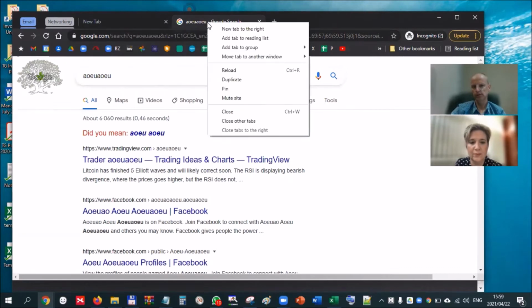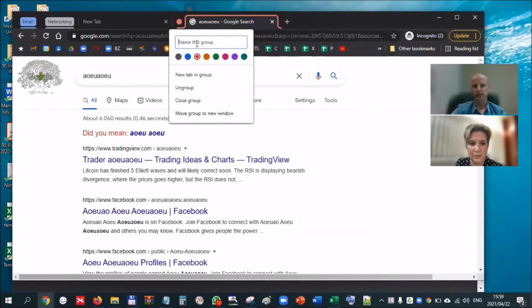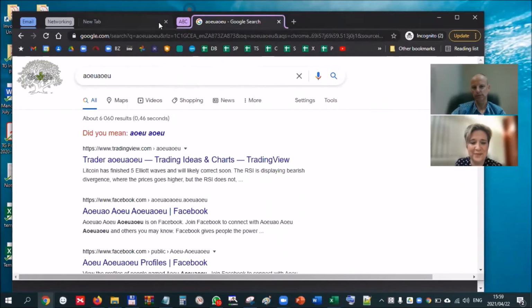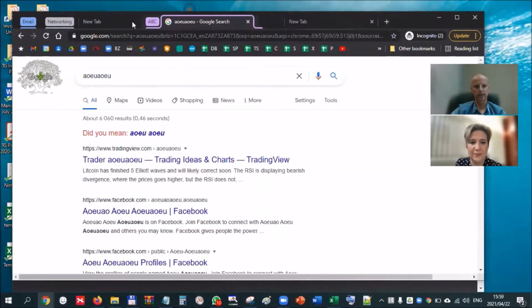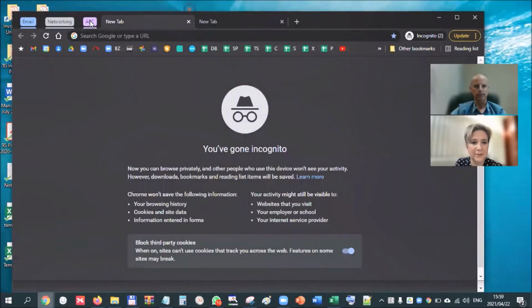So if you want to create a new tab group, all you do is say add to new tab group and say new group. And now you can give it a name like client ABC, so you can call it ABC, and you can even assign to it whatever color you like. You can put a lot of text in there, or you can just have a single letter, whatever you prefer. And now there's the one, and you can move it around. So that's basically tab groups.